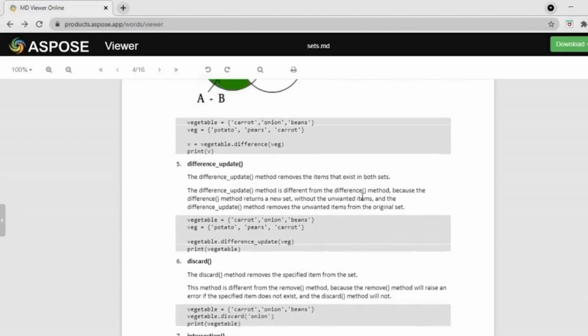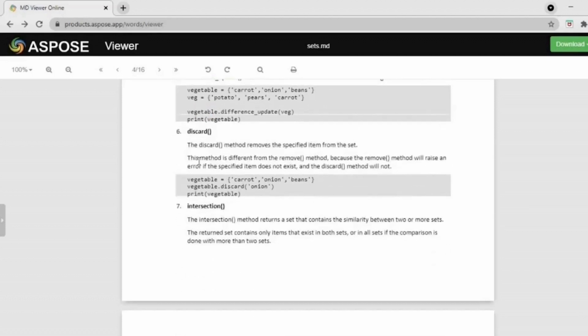Difference update is the same as difference, but in difference we are giving the result to a new variable, but here in difference update we are updating the original set itself. There is no new set generated.